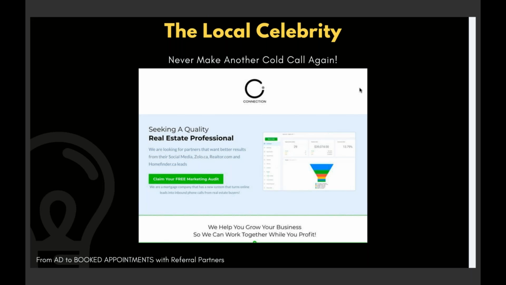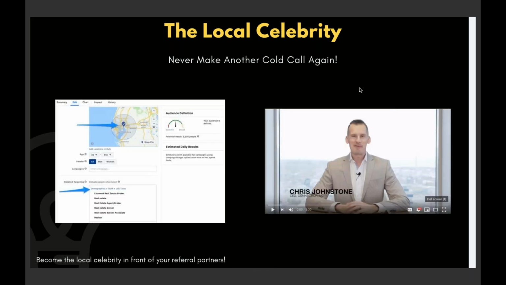This is a landing page that we have. We're getting realtors to book appointment or to become leads to book an appointment with a mortgage professional for about $22 a piece. And so what we're doing is we're running ads on social media that target just realtors. Now, we're also taking a list of realtors that we're calling once a week,